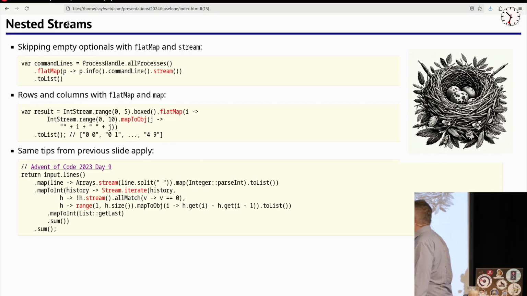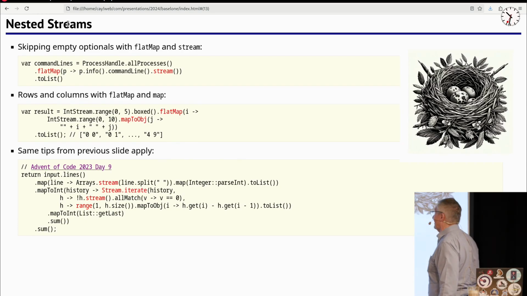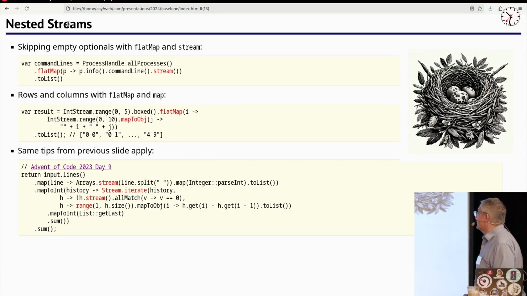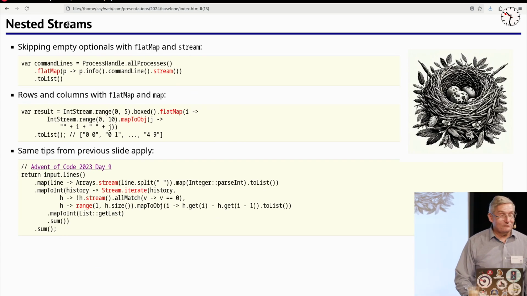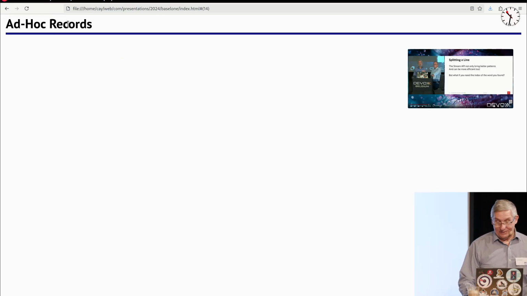Otherwise, here is another thing from, I don't know whether that was mine or Remy's code. No, I think it was Remy's. I would never use iterate like this. Same tips from the previous slide: just refactor this so that one gets a name for what goes on inside it. Break it into small tasks and do that.